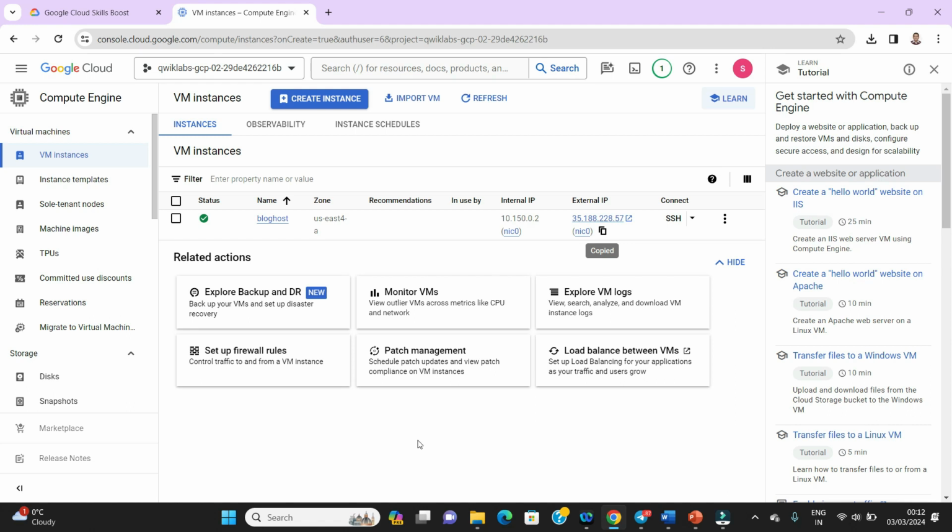Now we need to create a cloud storage bucket, and we are going to create it using the command line. So here we will use Cloud Shell for running all these commands. Okay, so let's go to Cloud Shell.